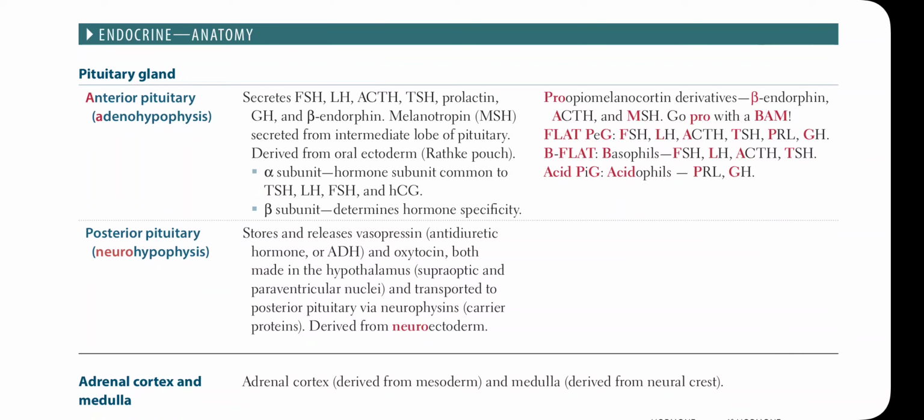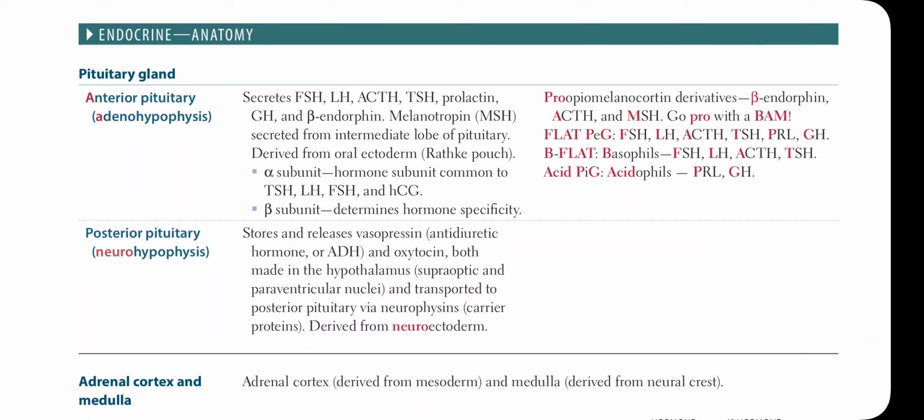So we talked about all these hormones. So anterior pituitary is LH, FSH, ACTH, TSH, prolactin, growth hormone, beta endorphins, and then we say there is melanotropin that is secreted from the intermediate lobe of the pituitary gland, and then we're coming here on the side that says pro-opiomelanocortin derivatives. Now these derivatives are beta endorphins, ACTH, and MSH, and you can remember it